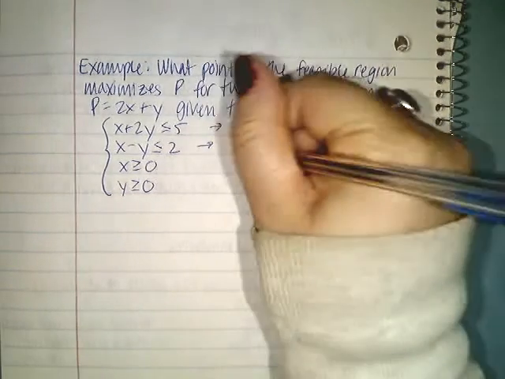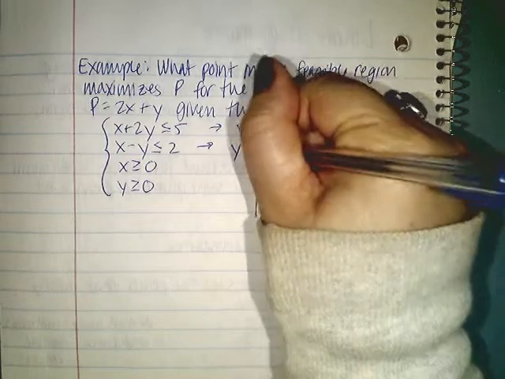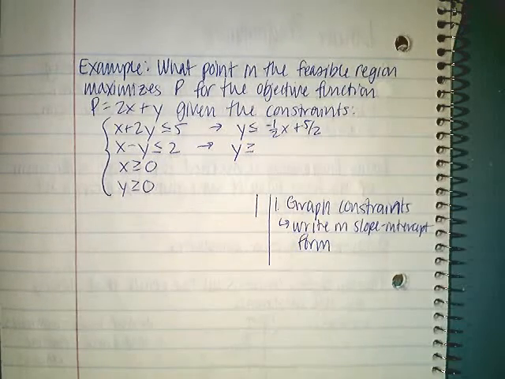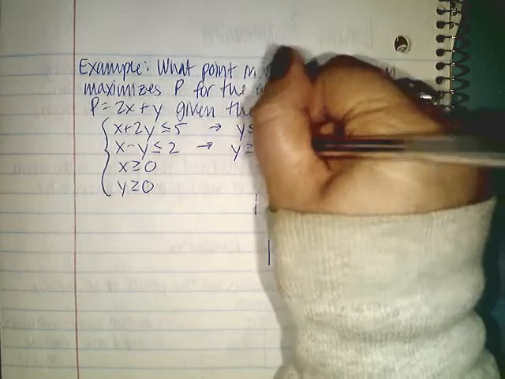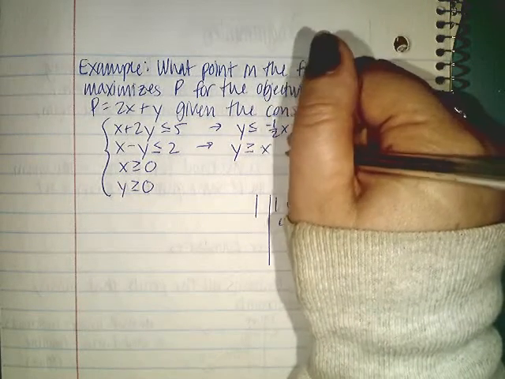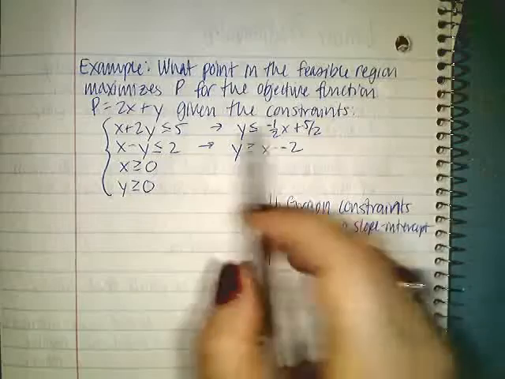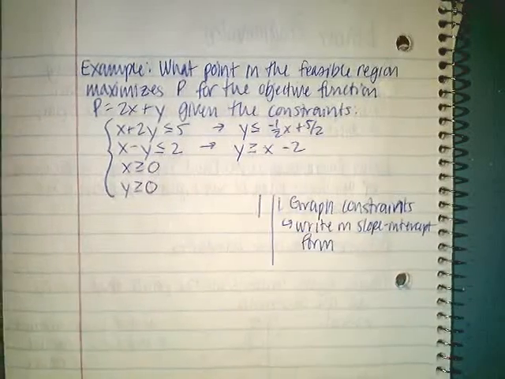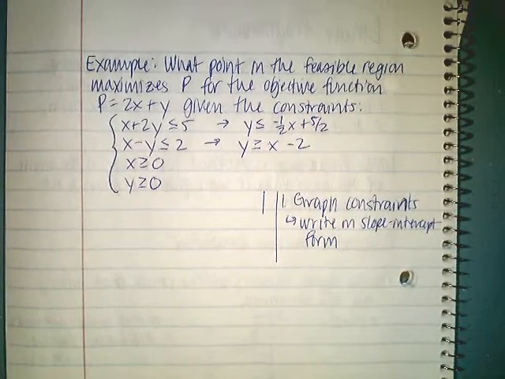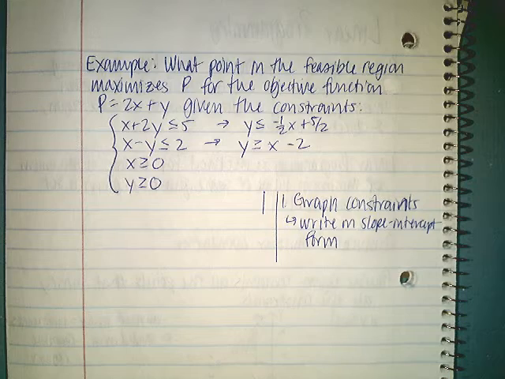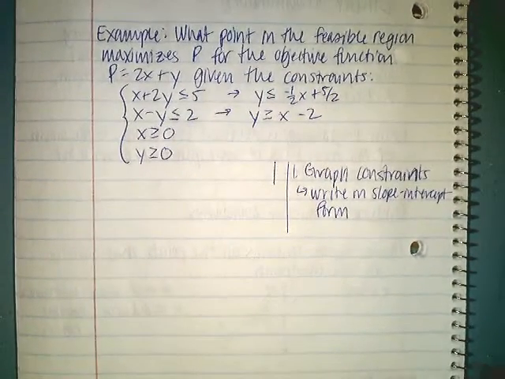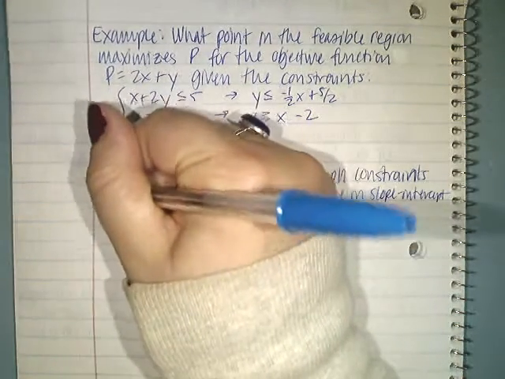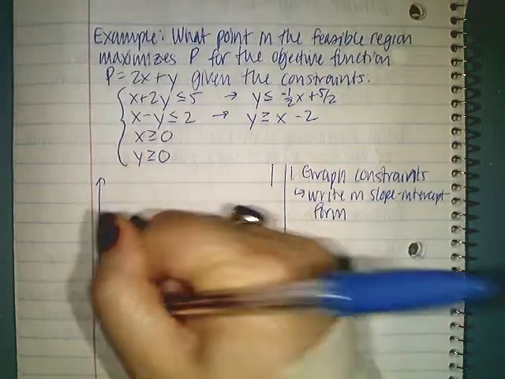This one will be y is greater than or equal to x minus 2, because it flips when you divide by the negative. So again, if you want me to work through these, remind me in class. I can show you how I ended up with those, but I just rearranged them into slope-intercept form so that I can graph them. So now I'm going to go ahead and do that. So I'm going to make my feasible region